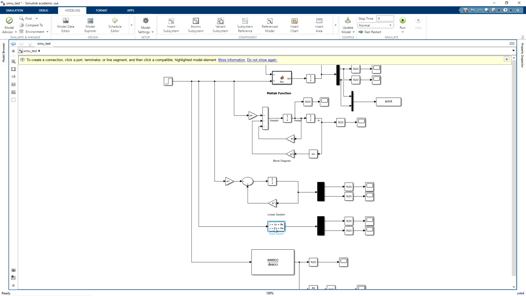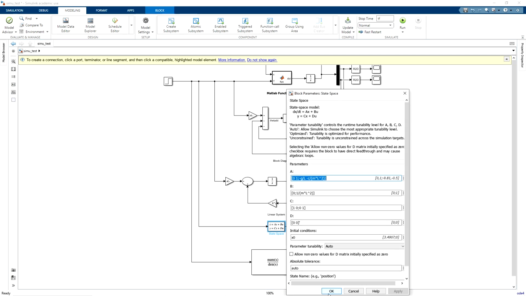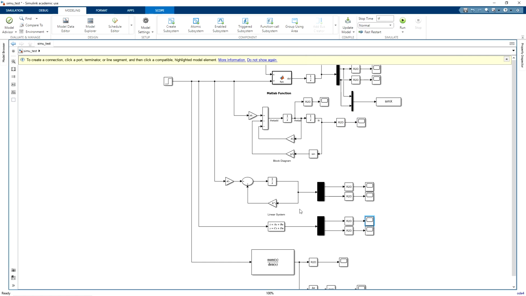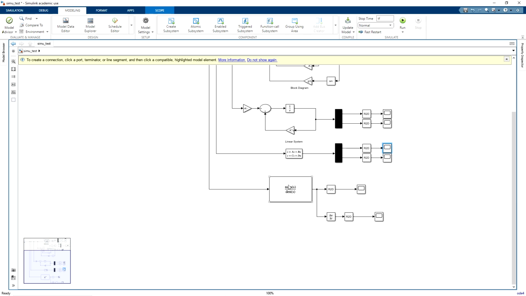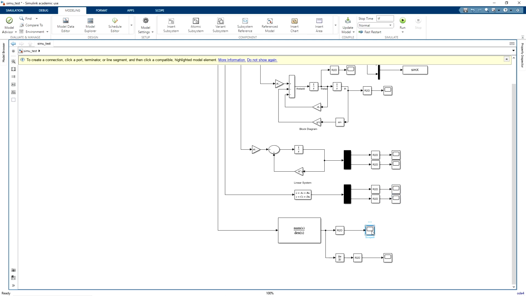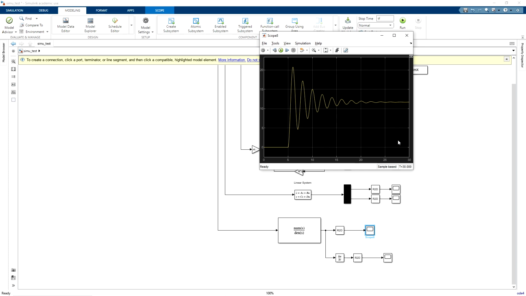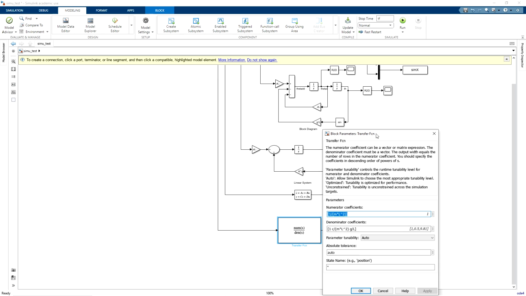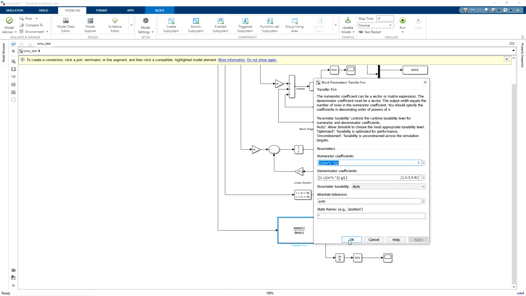Then finally the state space approach. Here also we observe the same thing. Here again we have a linear model approach which is not able to predict the correct simulation. Then finally the transfer function. So what do you think the response will be here? It is still predicting the same thing. The reason is there is no methodology to enter the initial condition over here. So that is one of the drawbacks of using a transfer function. It always assumes the initial condition is 0.